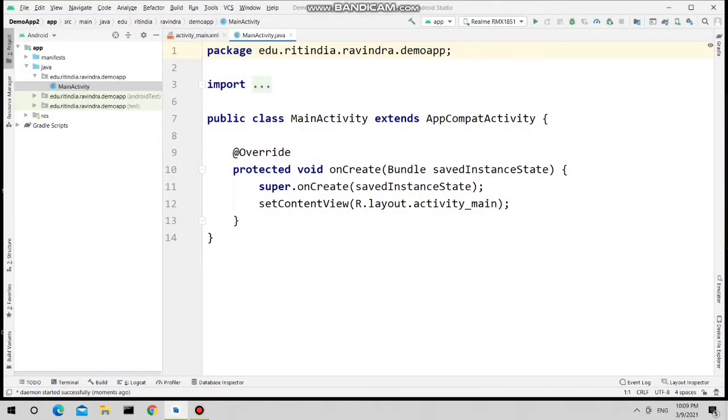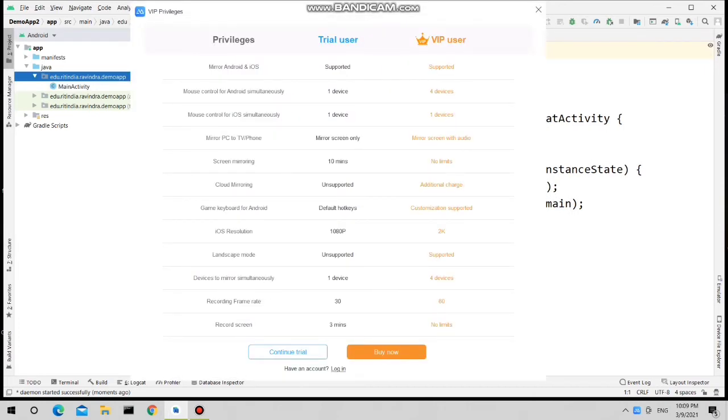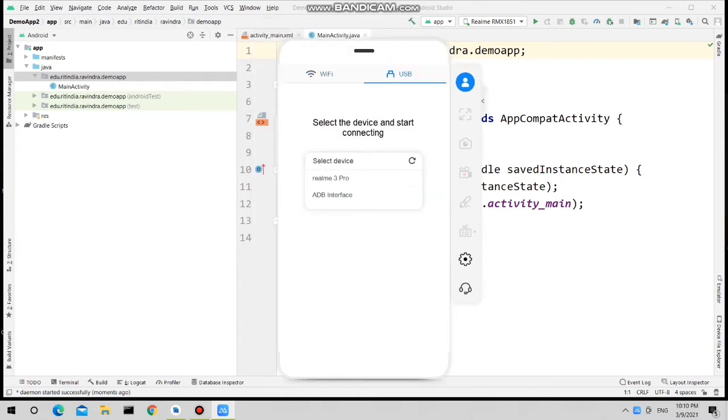This package concept is very important because whenever we are deploying our Android application on Google Play Store, the Google Play Store checks your Android application with the help of this package name, and this package name should be unique. Your application is uniquely identified with the help of this package.